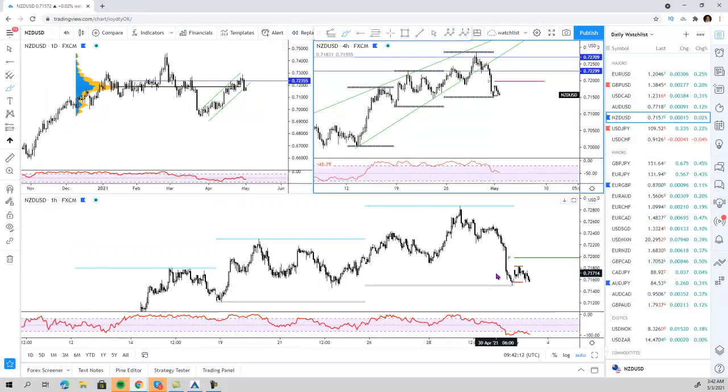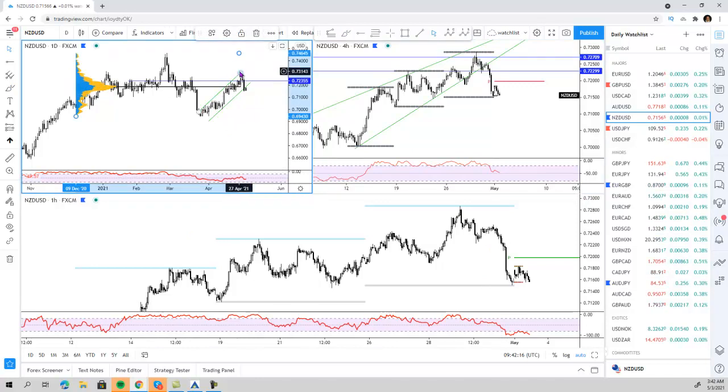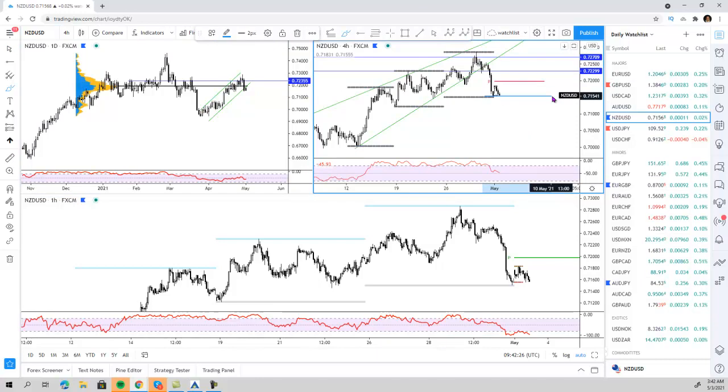Now, this is actually something different because we are trading below the point of control on the New Zealand dollar versus the US dollar, and we have broken this flag. I am going to trade the short side on the New Zealand dollar versus the US dollar, but that signal is for VIPs only. So if you want that signal, just go ahead and